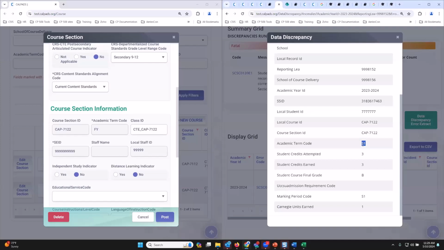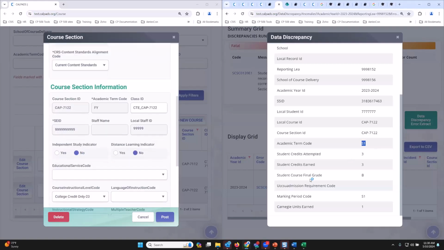So essentially, the SCSE record triggered an SCSE 139 because one of the values didn't match. So there are three reasons when you would get an SCSE 139. One is that the course is obviously missing from CalPADS, or you submitted the SCSE ahead of the CRSE, obviously that would trigger the error, or the third one is that there are no matching fields. Some of the fields were not matching, and that's the case for this error.